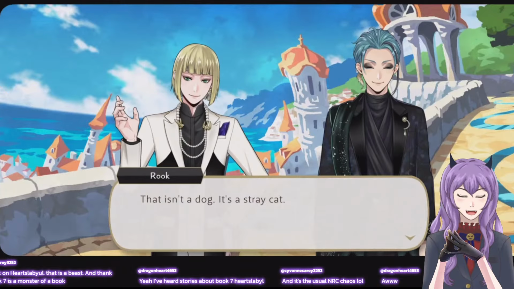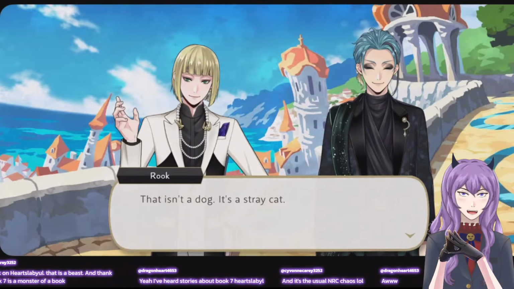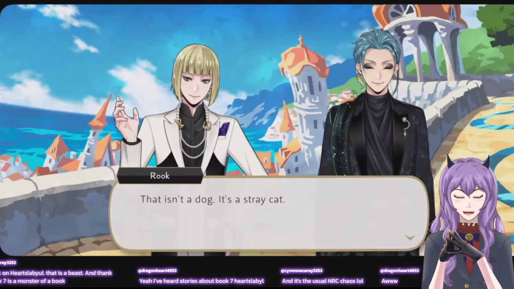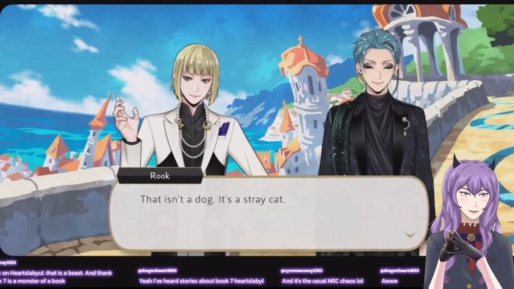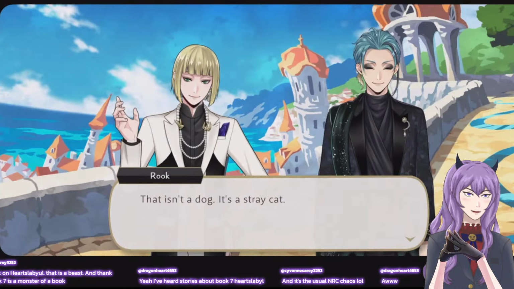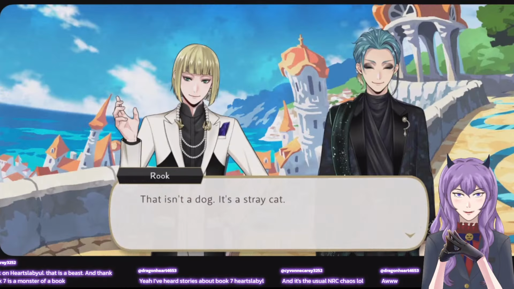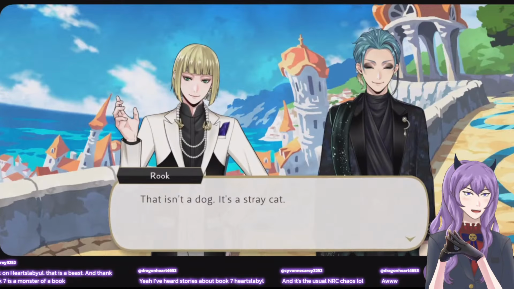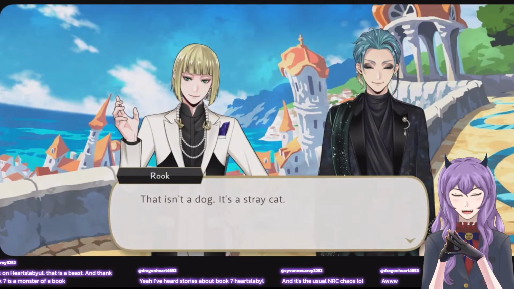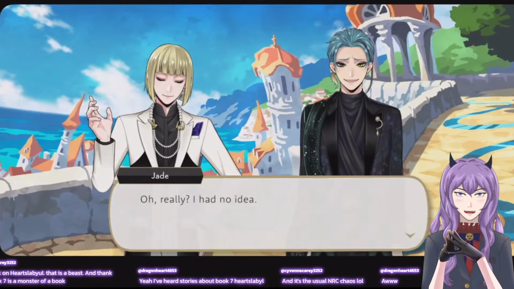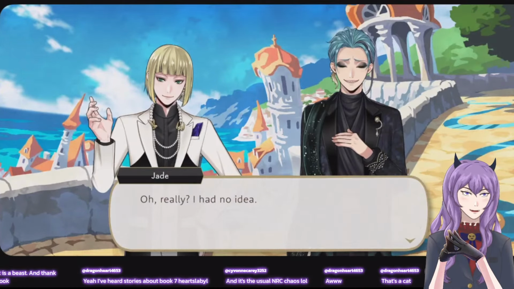I love that. Just joining Azul and not being able to tell what animal it is correctly. Is this a dog? That's a cat. I can't tell if he's actually messing with us.